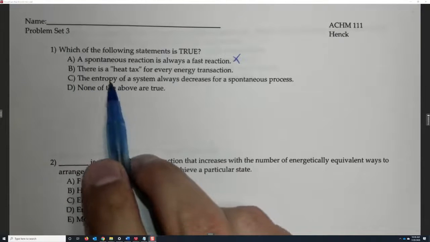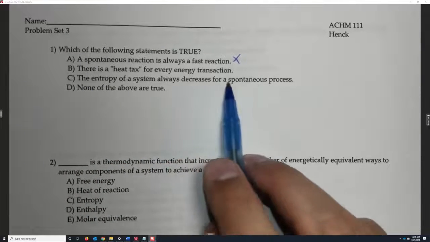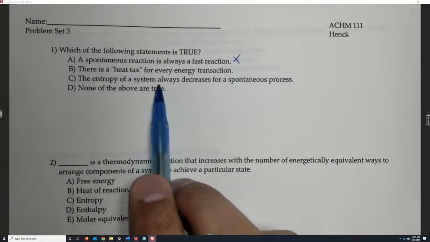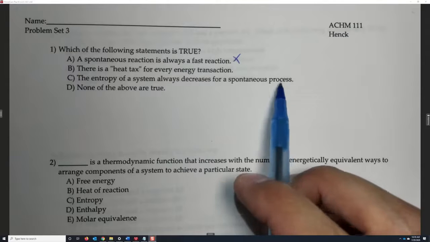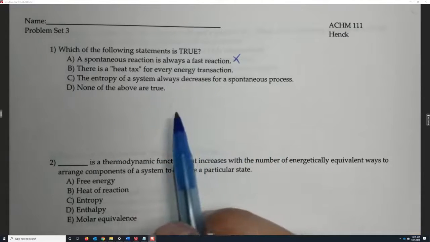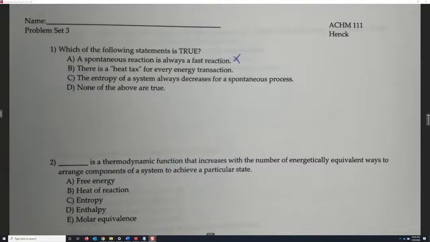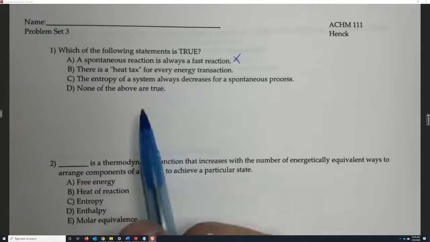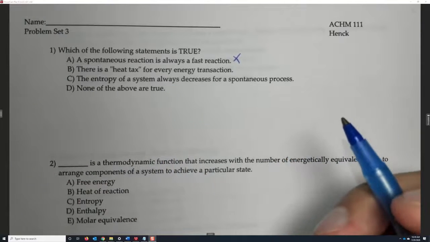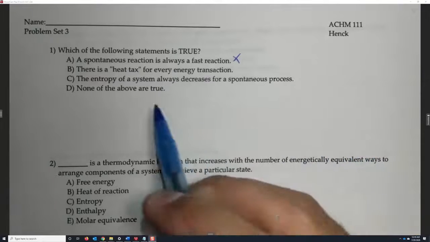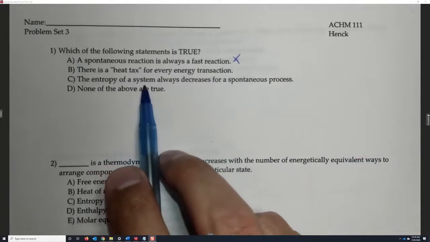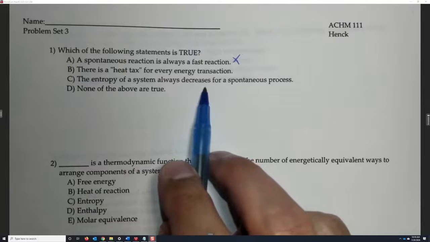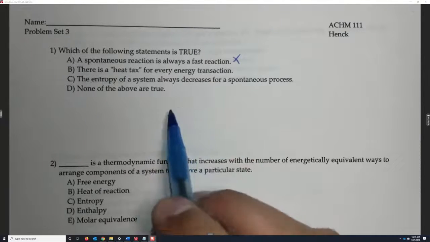It says the entropy of the system always decreases for a spontaneous process. The entropy of the universe always increases for a spontaneous process. That's true, and that's the law of thermodynamics. But basically, the entropy of a system can increase or decrease for a spontaneous process. Remember that if the entropy of the system decreases for a spontaneous process, then the entropy of the universe still